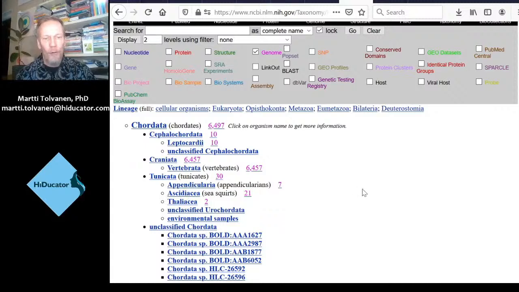Sea squirts are something that you may have seen attached at the bottom of a boat or on rocks. And this group includes the lancelet or Amphioxus. But anyway, because vertebrates are included in chordates, just trying to look for chordata would give us pretty much everything. So